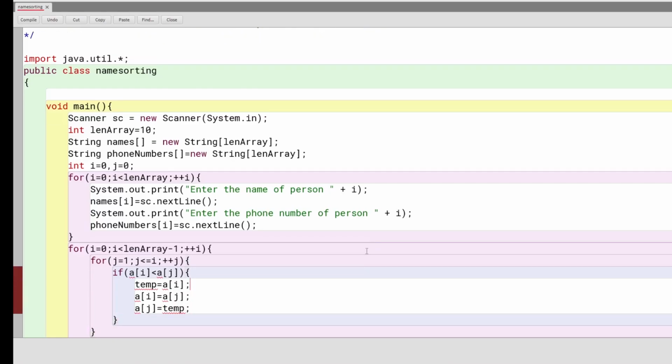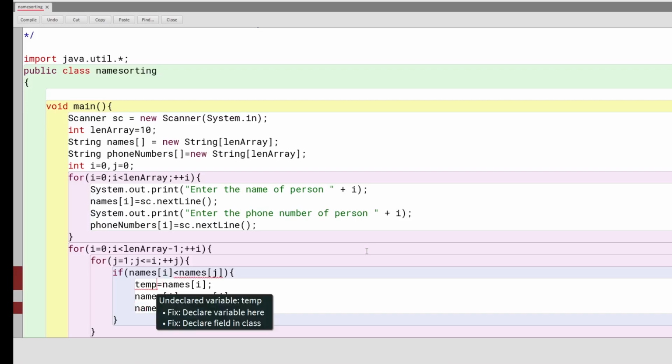But this sort is not enough because we are just comparing names here, right? Names i, names j, right? What we'll have to do now, and temp is definitely a string, right? Also, what we'll have to do is